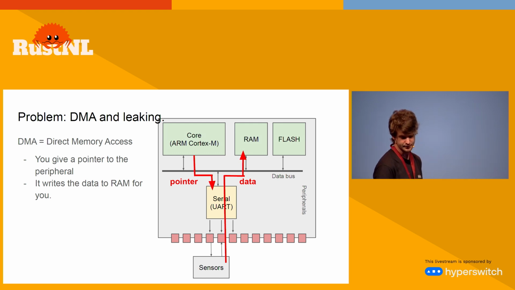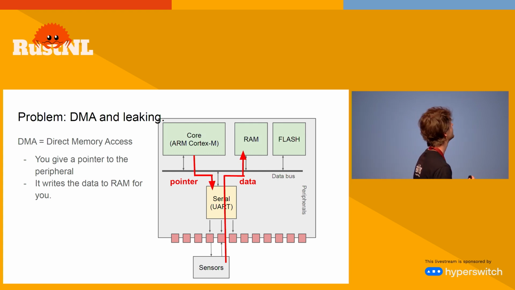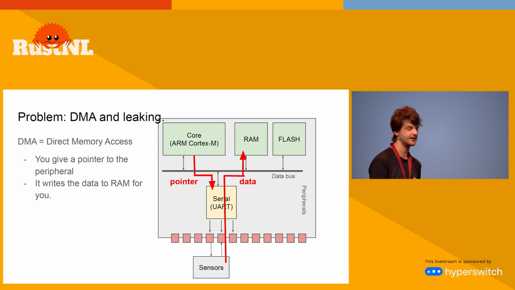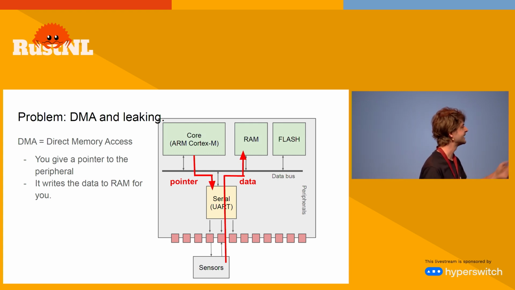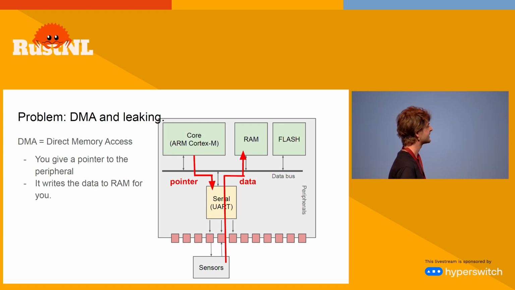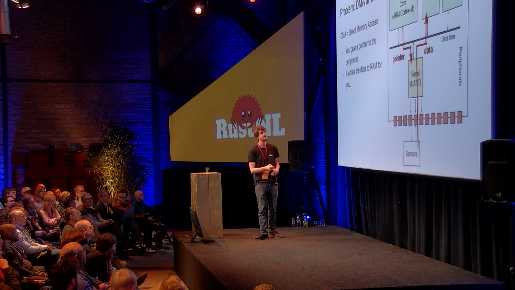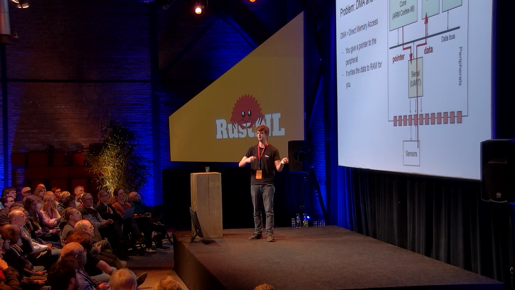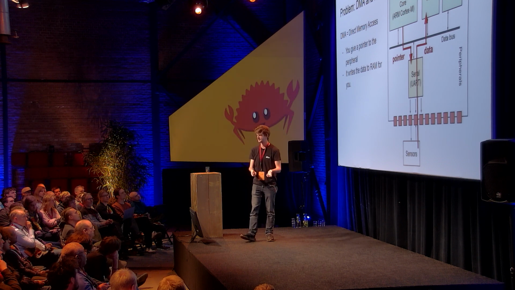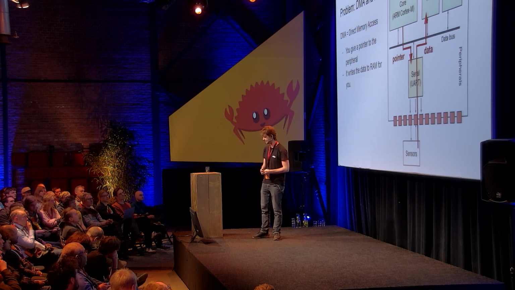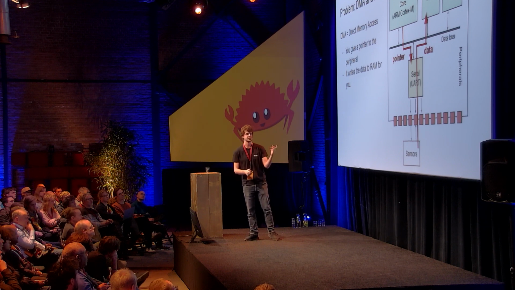So to finish, this is actually not perfect. There is one big hole in Rust today that is causing problems for embedded usage, which is DMA. When you read some data from a peripheral, if you want to read byte by byte, you will get an interrupt for every byte, which is really inefficient. So what you do instead is you tell the peripheral, hey, here's a pointer, please receive 256 bytes to this RAM location. And the peripheral will do all the receiving there. It will write the data to RAM for you. And then it will only send an interrupt at the very end when all the receiving is done. So it's much more efficient.